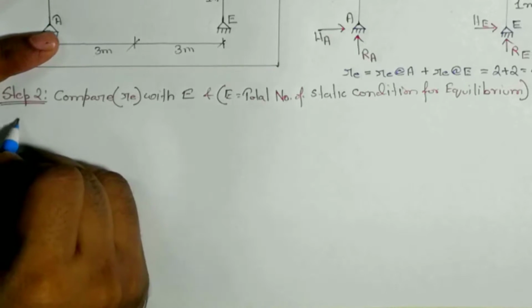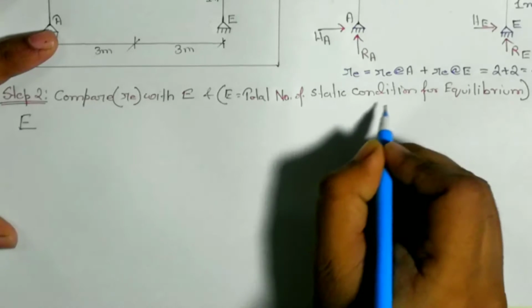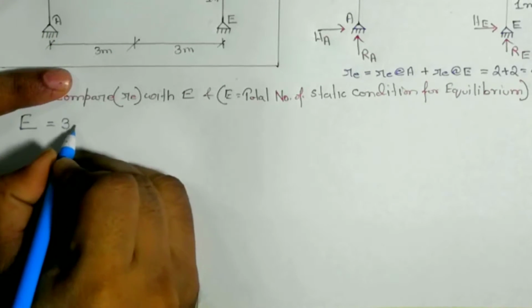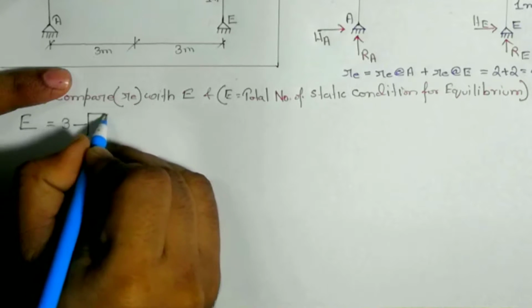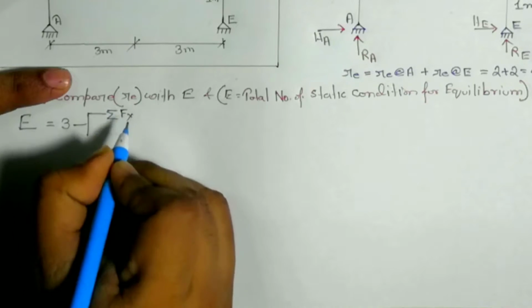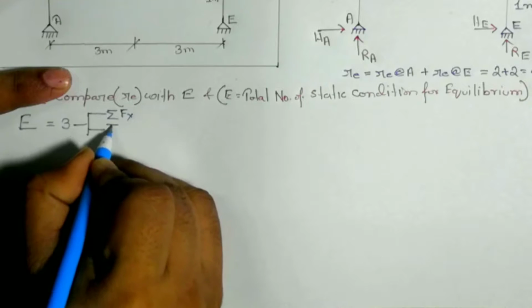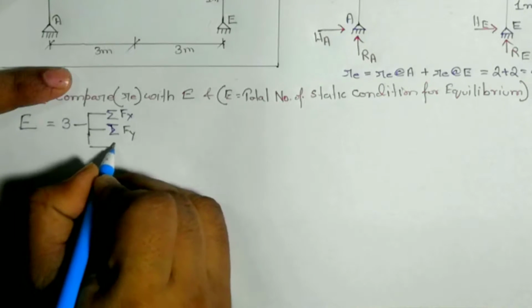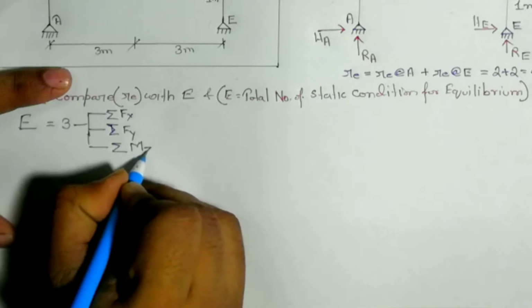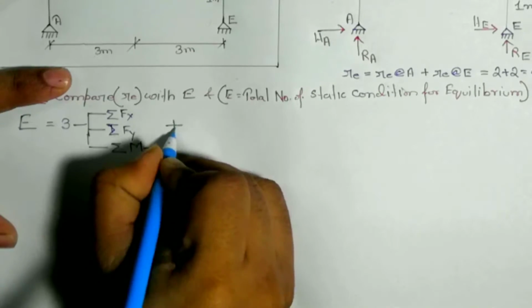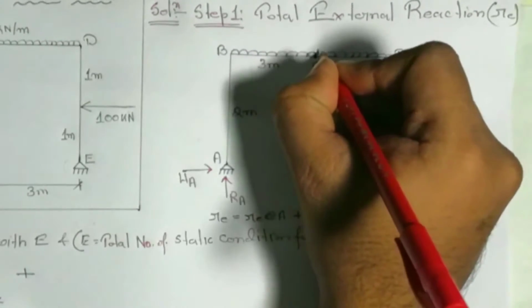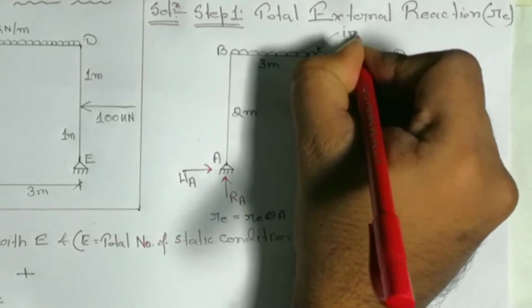Here we can see that the number of external static conditions of equilibrium is 3. What are those? Summation of Fx, summation of Fy, summation of Mz, plus, since point C is an internal hinge,